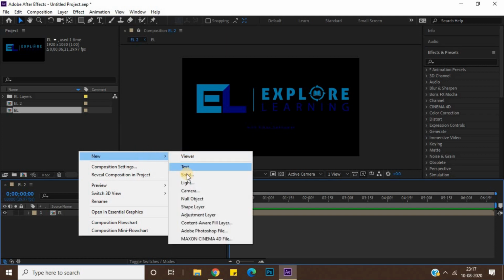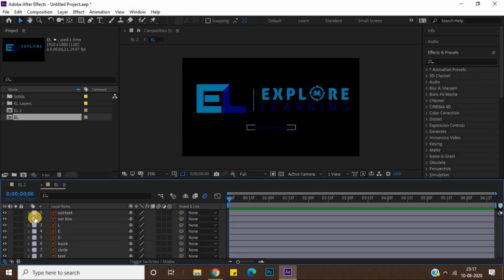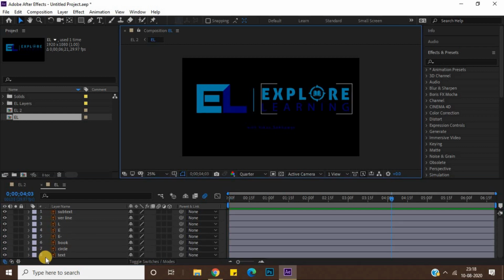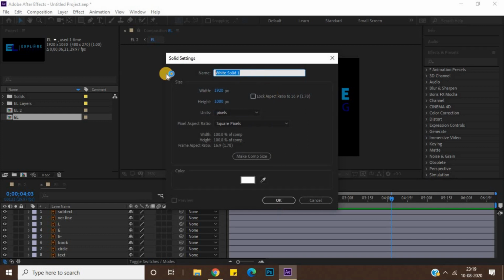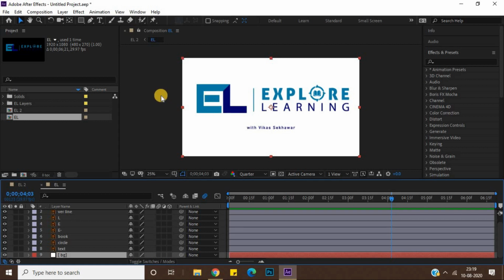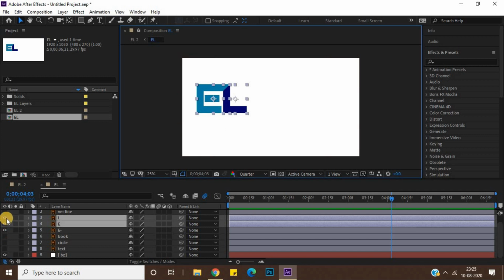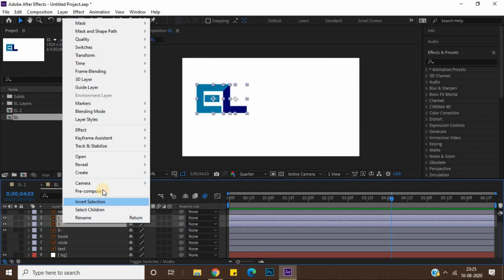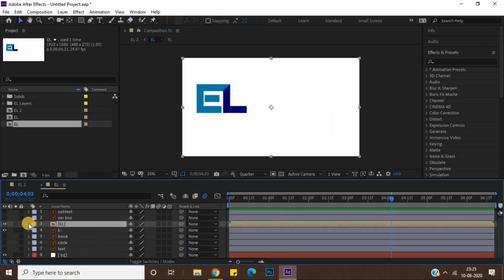Add a background to it, a white background, so that it will be easier for you to see things properly. So we'll put a background here also, so it will be easier for us to animate it. Yeah, so you can see in this that all the layers are separate and you can animate them. So we have pre-composed the E and L part of that, not the middle dash part,